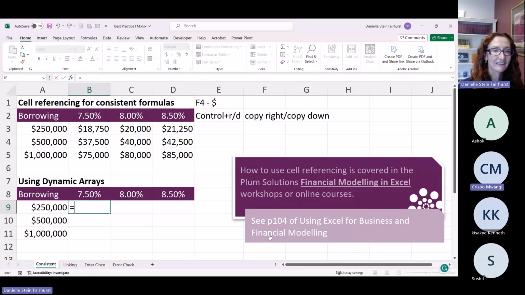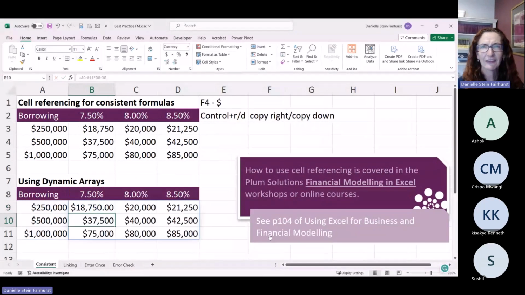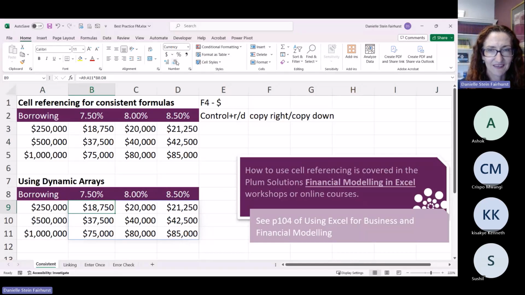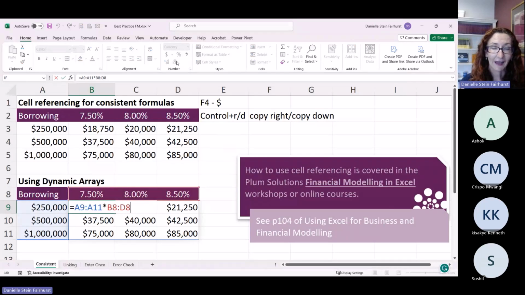Yeah. So if anyone hasn't seen dynamic arrays before, you would go like that. You'd use the whole lot multiplied by the whole lot. The formatting doesn't work very well though on dynamic arrays. But yeah, they're such a lifesaver. It's so much quicker for what we were trying to do there. So rather than having to worry about where your dollar signs go, you can just have one single formula going